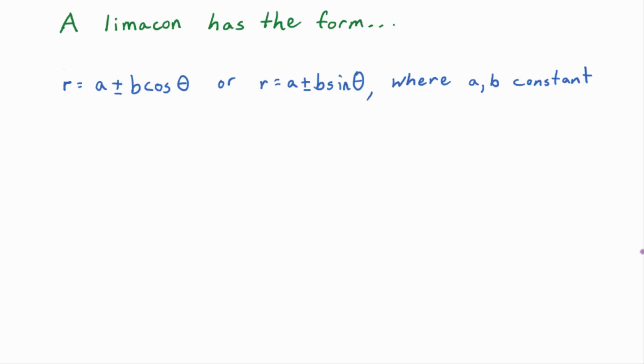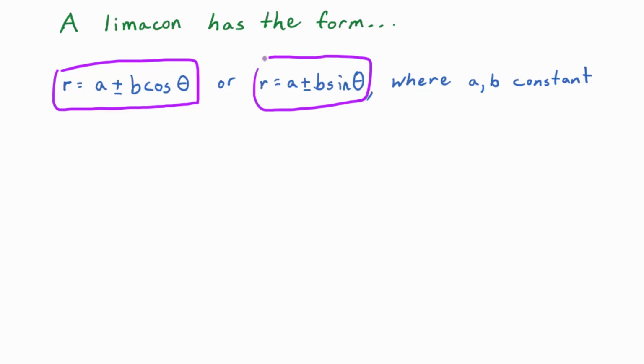A Limacon has the form, Limacon. So it has two different forms. R equals A plus or minus B cosine theta, or R equals A plus or minus B sine theta instead of cosine, where A and B are constants. So we're talking about graphing functions,